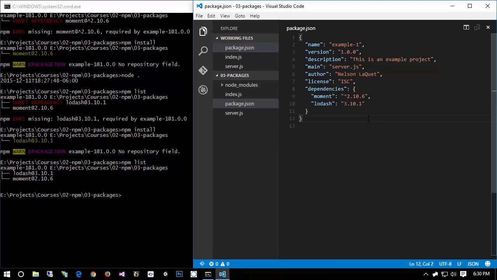Okay, there's one more thing I want to talk about with dependencies in this video, and that is that dependencies isn't the only field that you can describe dependencies in. There are also,